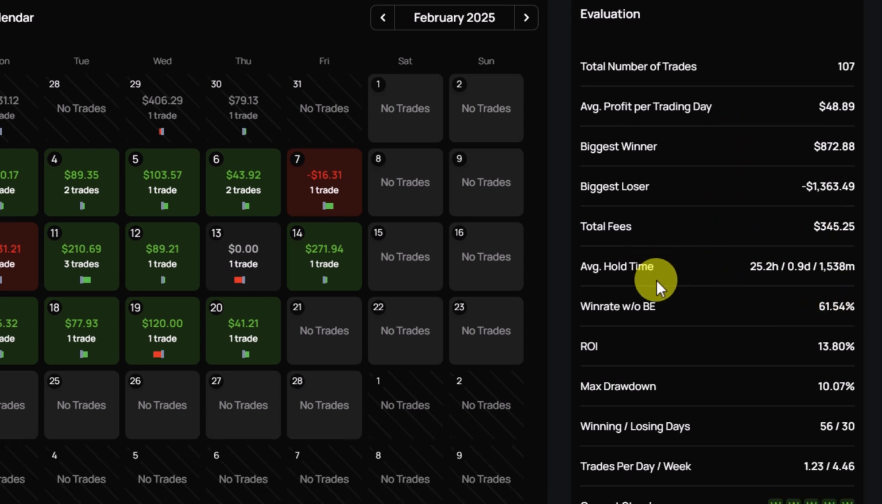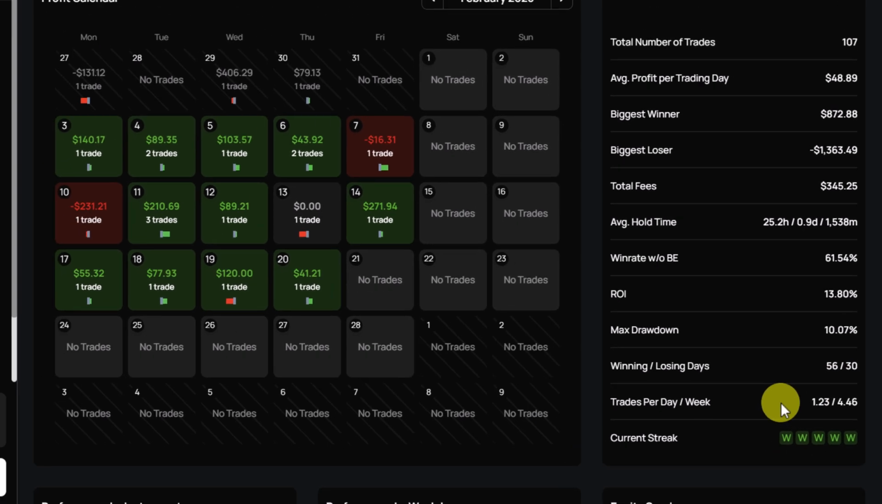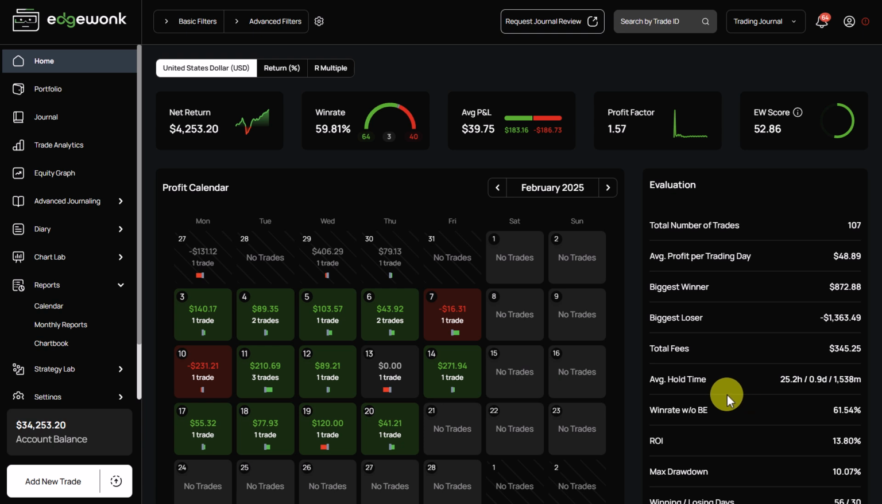We show you the average holding time in hours, days, and minutes. We track the return on investment on your trading portfolio. We break down your maximum drawdown. You can very nicely see your winning and losing days and how many trades you are getting per day and per trading week. But of course, there's so much more to Edgewonk, so let's get going into the other 8